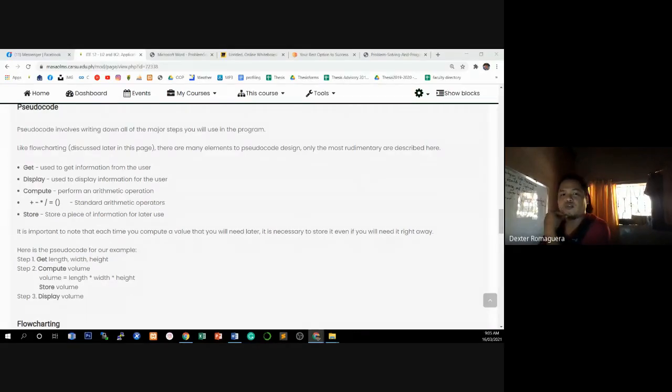Going back to pseudocoding, it involves writing down all the major steps you will use in a program, especially for very large programs. Even for small programs, we tend to use pseudocode. We need to write pseudocode so that it is much easier to implement the program. Pseudocoding will help you write down all the major steps of your program. In that sense, implementation becomes much easier, especially for the most difficult